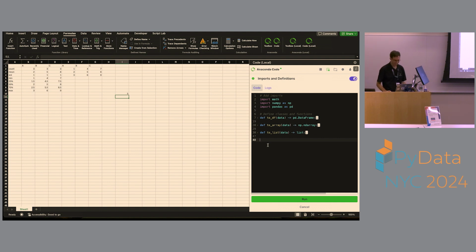Go ahead. All right, this is not released in production, but it will be in a few weeks. So user-defined functions, these are things you could do in VBA. So we can define a function here. And we'll just return, I don't know, x plus 20. All right? So I've got that. I define it over here in my imports and definitions. And I come into the Excel grid, and now